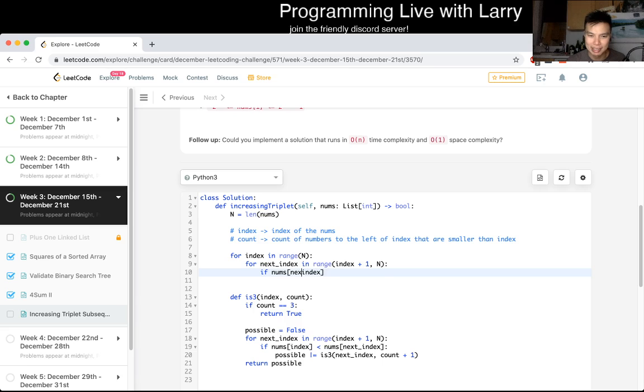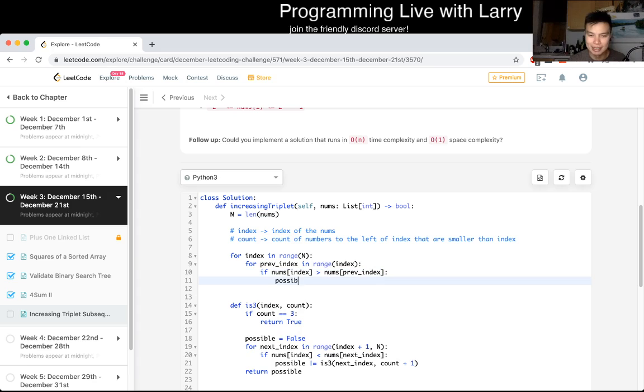Maybe name it previous index, Larry. Okay, fine. I like to do it the other way when I do this, so actually we should go from 0 to index, so that if nums[index] is greater than nums[previous index], then